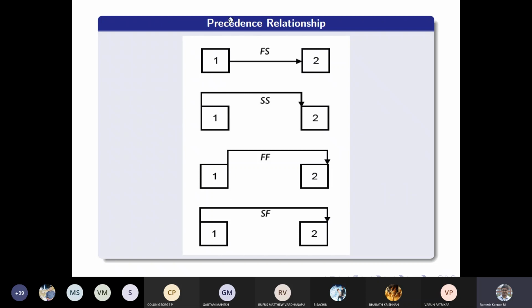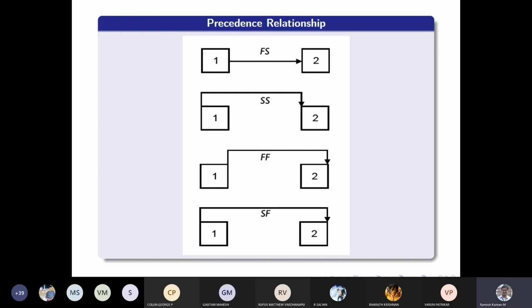Remember, this might be a very important question in the GATE exam or in an interview. It has been one of the important interview questions for project management consultancy. If you sit for placement for any project management consultant role, they can ask you to tell the 4 different types of precedence relationship.